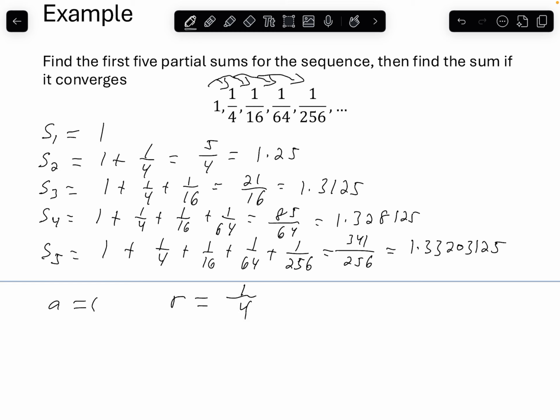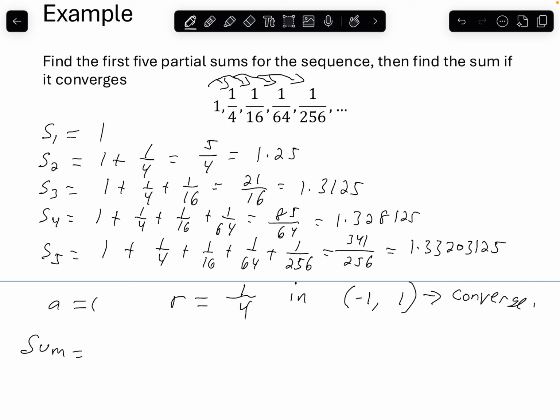And 1/4 is within our bounds of -1 to 1. What does that mean? That just means that this does indeed converge. And you might be able to see that from the way our partial sums are going. But to actually find the sum for this